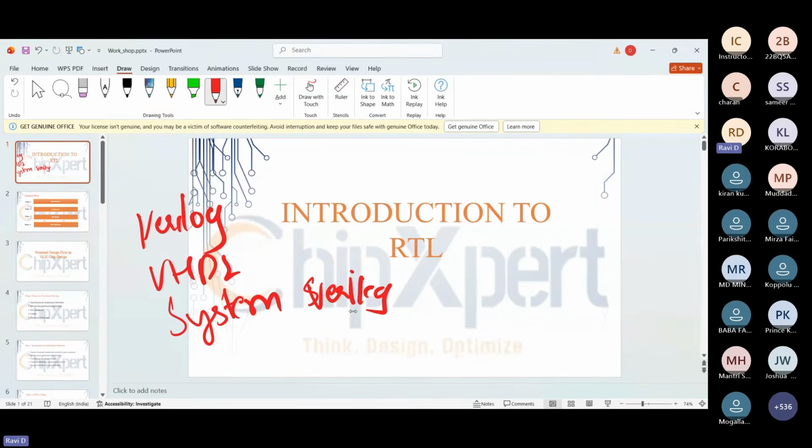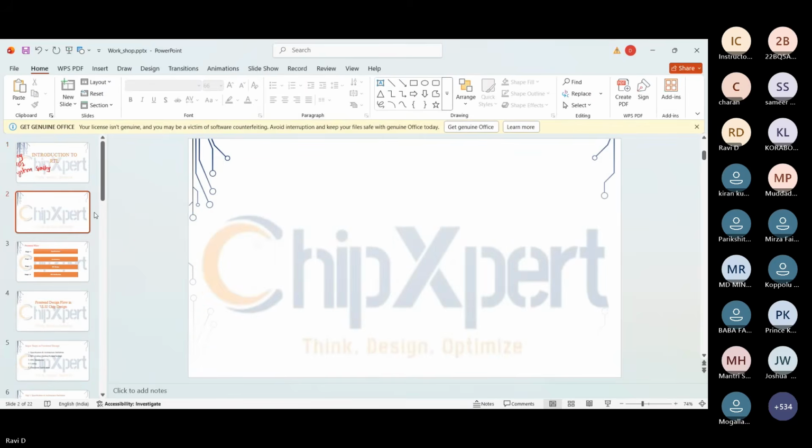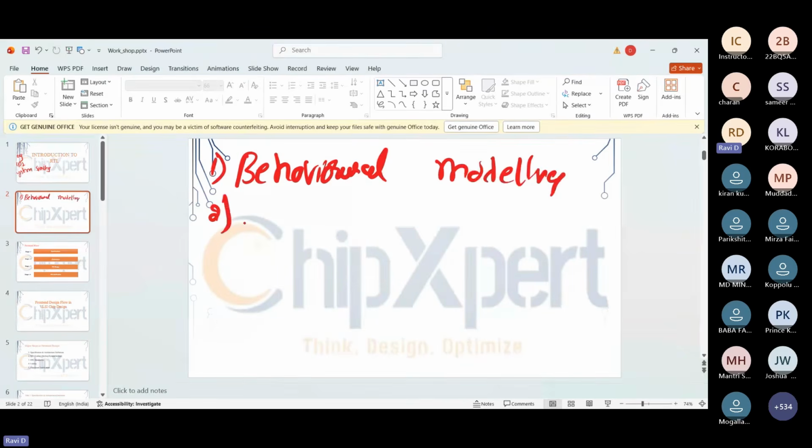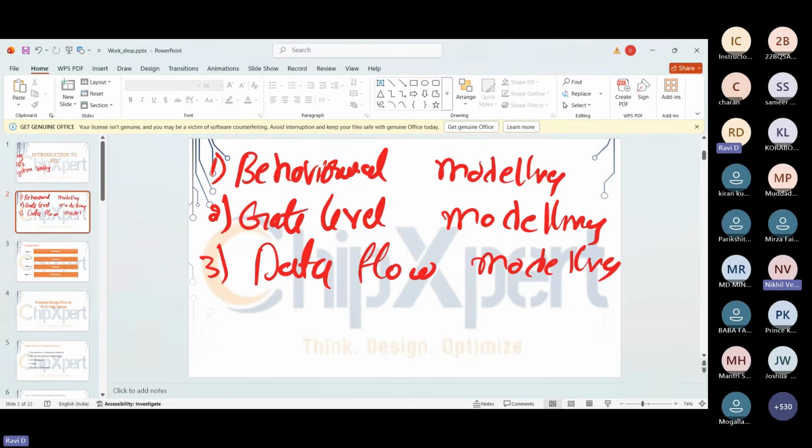So we have different abstraction levels: behavioral modeling, gate level modeling, the third one is data flow modeling, and switch level modeling.